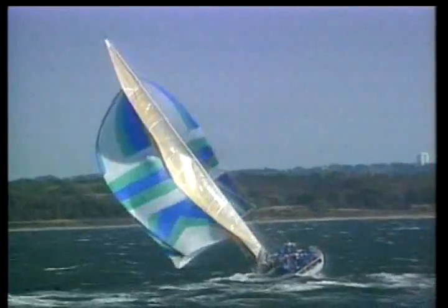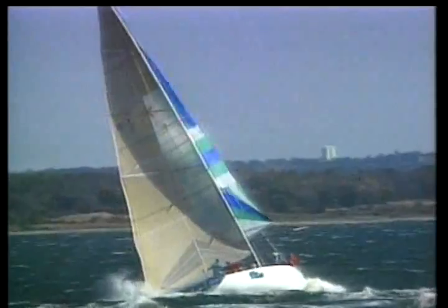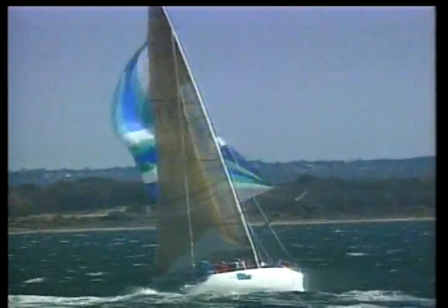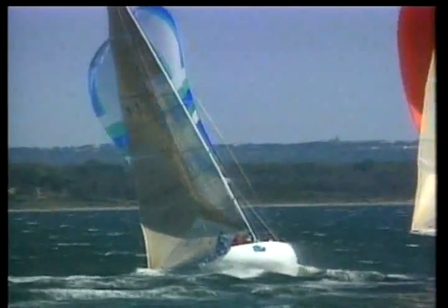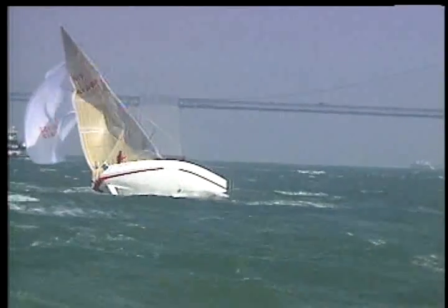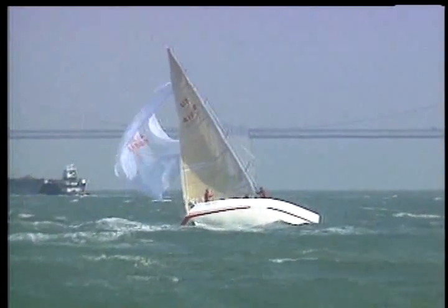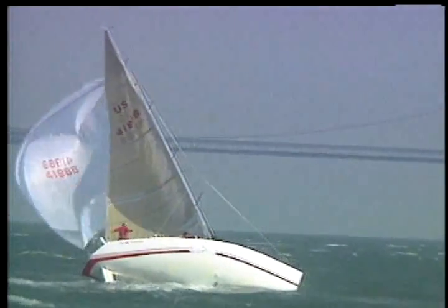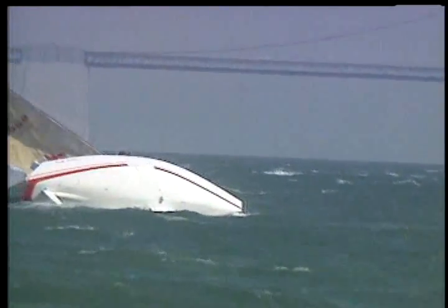When you have a round down, it means that going downwind you have jibed the boat unintentionally, and the boat has jibed over and is going in a different direction. That uncontrolled jibe is going to present you problems because the sails are on the wrong side of the boat. The jib's on the wrong side of the boat. If you have a preventer on the main, it is on the wrong side of the boat. And once you round down, the boat will tend to lay over in the water and virtually stop, and the sails are going to pin the boat down in the water,